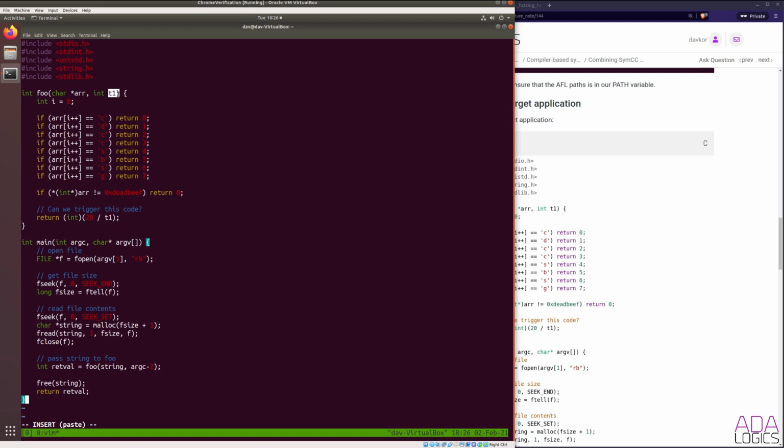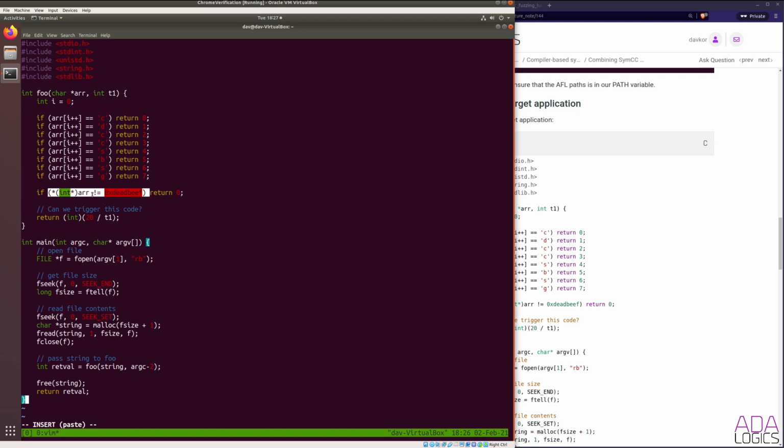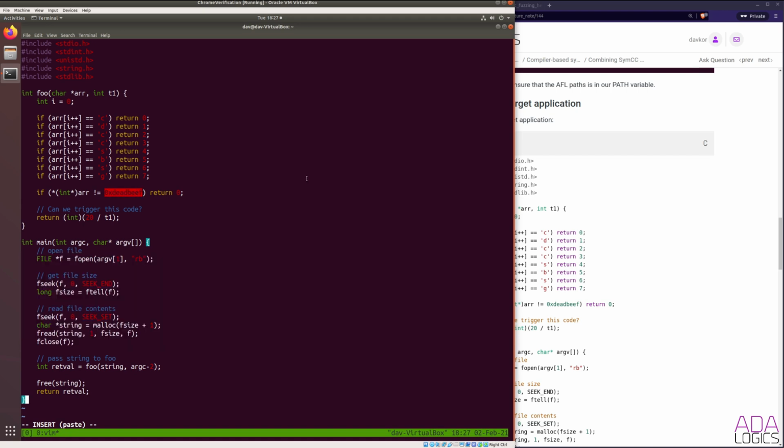So in the case where t1 is equal to 0, this will throw a division by 0 error and will effectively crash. What this means is if we get to here, the first 4 bytes of the array argument need to be equal to dead beef. And that means that the file down here has to contain the dead beef characters as the first 4 bytes. This is the part where we will struggle with the fuzzers to get past this point, but SymCC will be able to analyze this instantaneously,